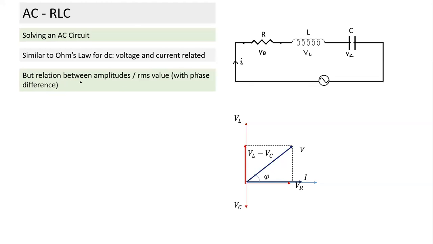So when you look at the amplitude, that's what you need to understand. The equation we have is a relationship between amplitudes. The amplitude of current is related to VR. Here also current is related to VL amplitude. So the maximum value of VL is related to the maximum value of current, though they may not happen at the same time. That's an important point we need to understand. Here also the maximum value of current which flows through capacitor is related to the maximum value of voltage across capacitor. Again, that also may not happen at the same time. They may differ in phase, but they are related.